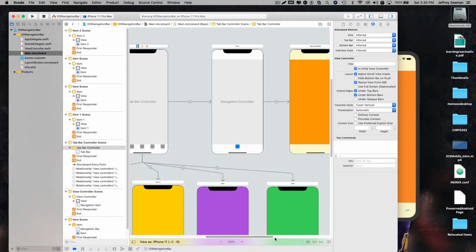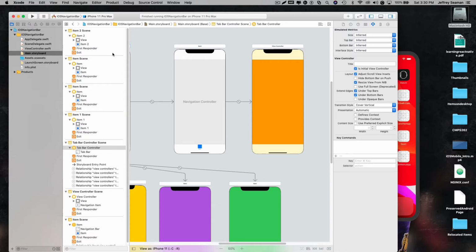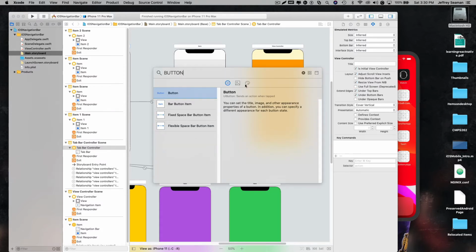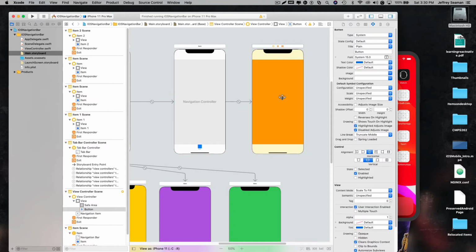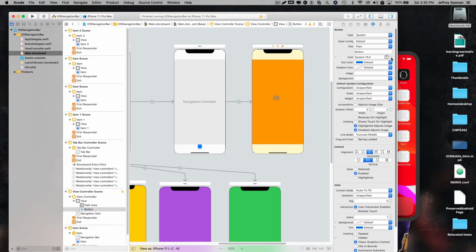So let's go ahead and create a button here real quick. So let's go down and hit stop real quick, and let's see button. Okay, come up here, type in button, and let's drag this button down here. Perfect. Let's move this guy over here a little bit. Perfect. And let's increase the font. Perfect. Let's change the color to something that I can see. White. Let's do with